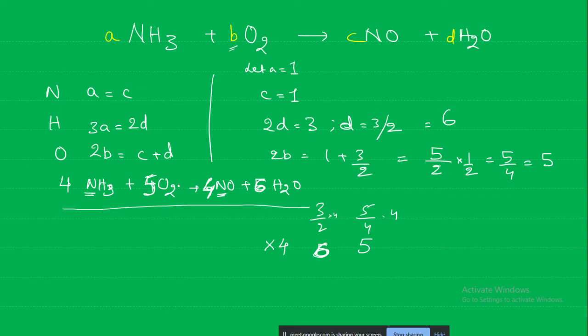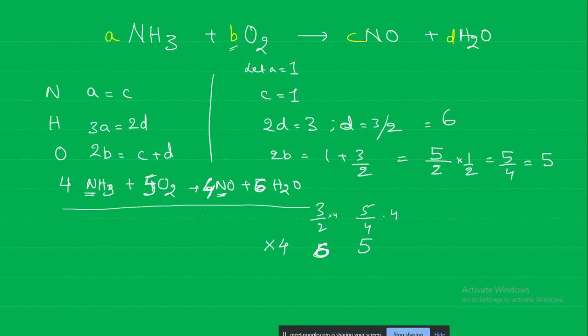Sir, can there be any situation when after checking whether it is balanced or not, we get that it has not been balanced by solving it once? Yes, that can happen. When that happens, you should go back and check carefully. Definitely some mistake you have done, like I did some mistake here, substituting the values instead of writing the value of B in D, I wrote D in B. So that was coming wrong answer. But it is a mathematical method. In mathematical method there is no question of wrong or anything. By mathematical method you will get 100% correct answer.